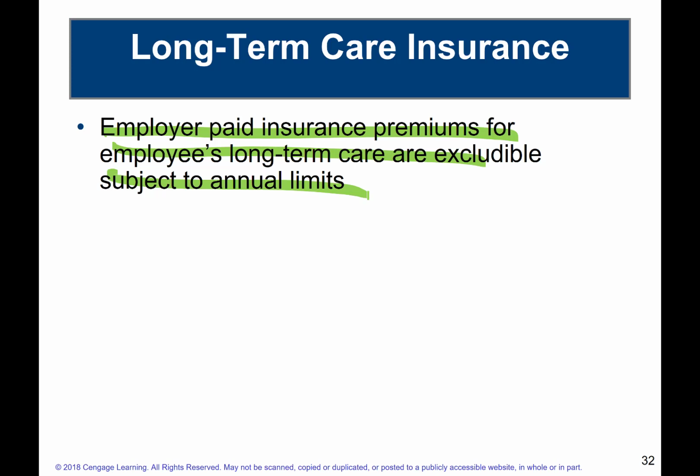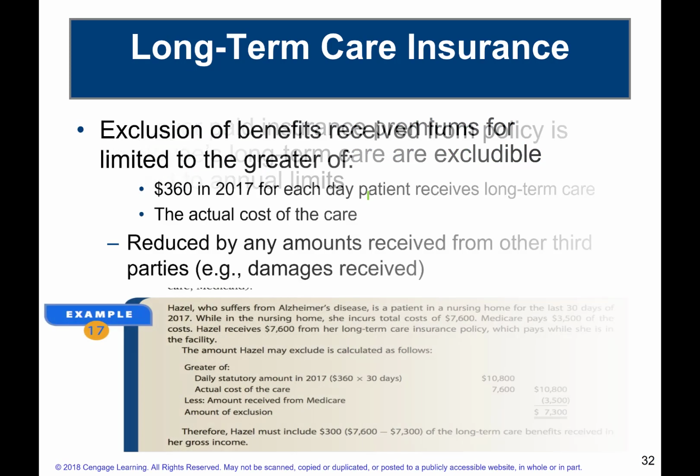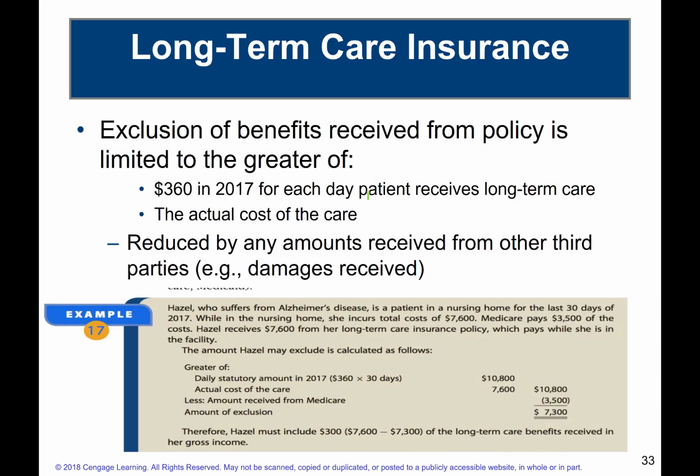So the older the person is, the harder it is to get them this long-term care insurance. So if you have an employer that offers you that, get it while you're young, and then you'll probably get a pretty good benefit. And it's there for you if you have a bad accident or something and you're laid up for a long time. So these are kind of good benefits, okay? But the premiums are deductible, subject to the limits that you see over here,